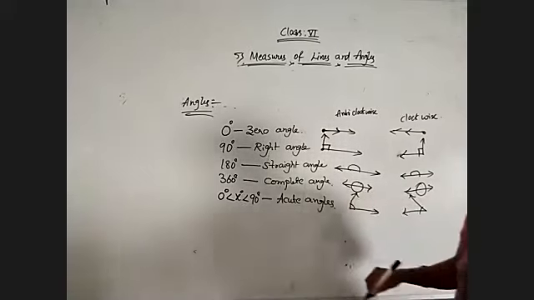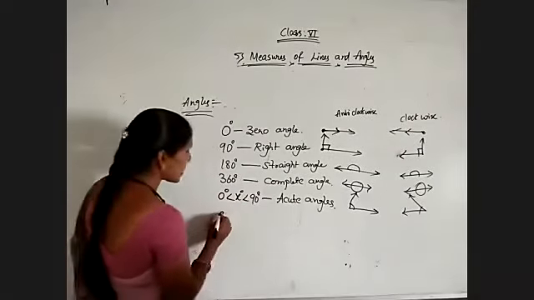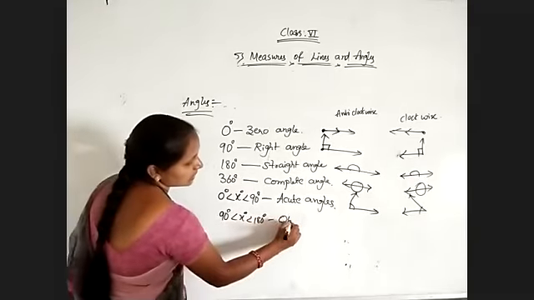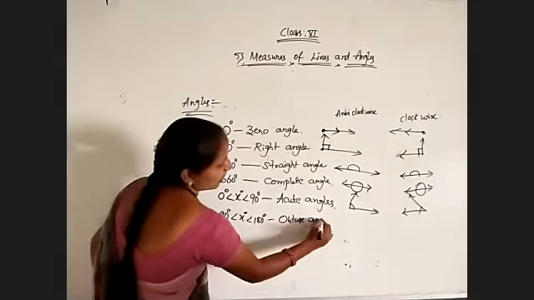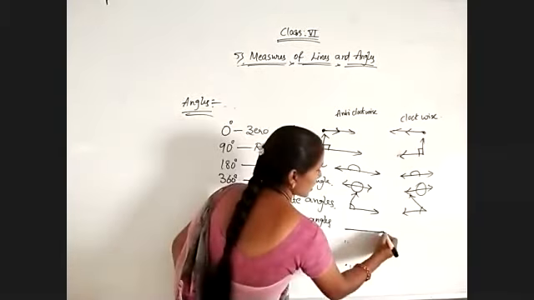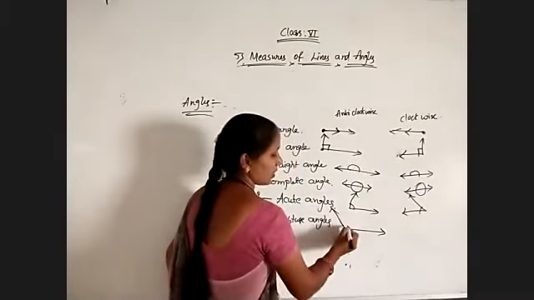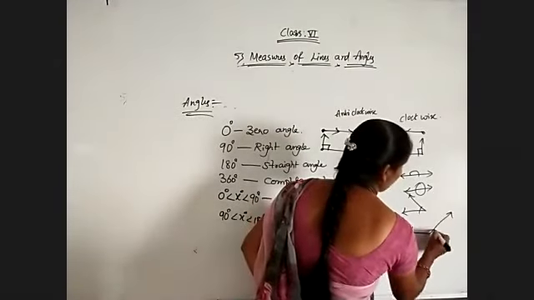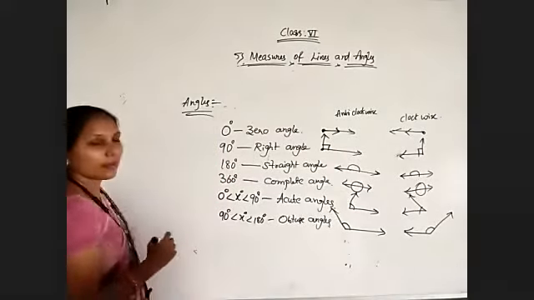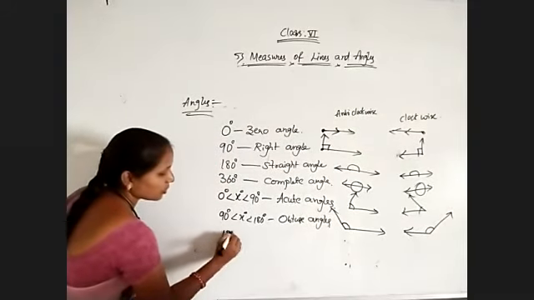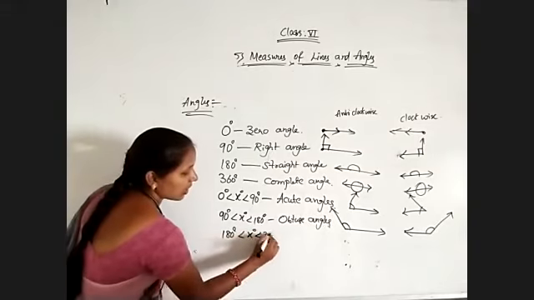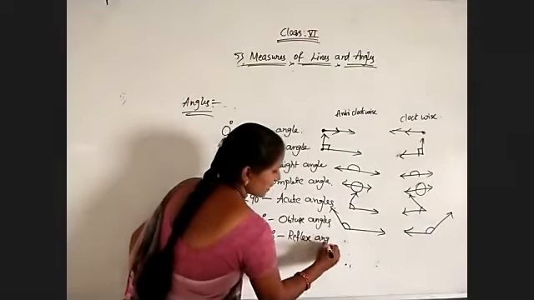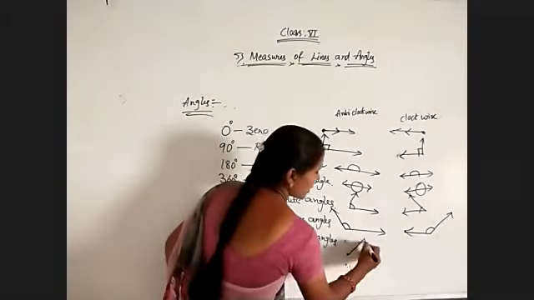Okay. And coming to the obtuse angle. The angles which are in between 90 to 180 are called obtuse angles. And its anti-clockwise rotation is more than 90, no? Like this you will get. And if I am using clockwise rotation, like this I will get. Okay. Next, 180 to 360 degrees. All those angles are known as reflex angles, more than a straight angle.